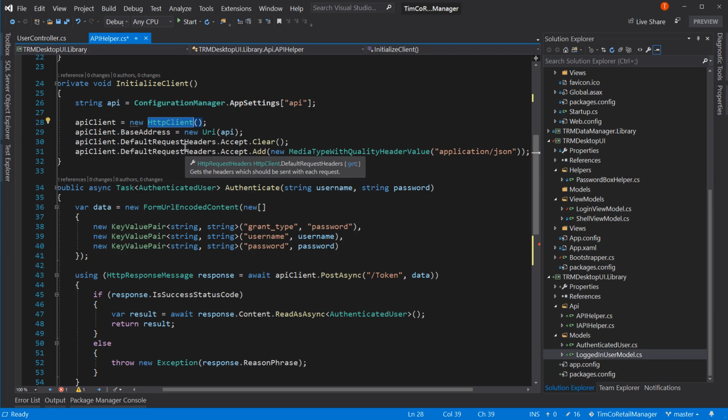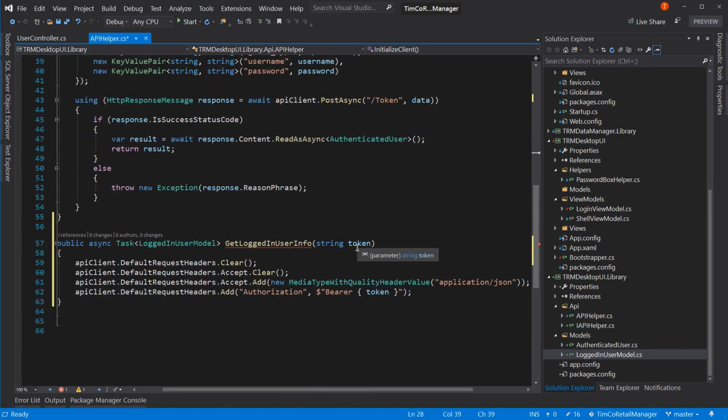HTTP client lives for the lifespan of the instance of our WPF project, we shouldn't need to know the token